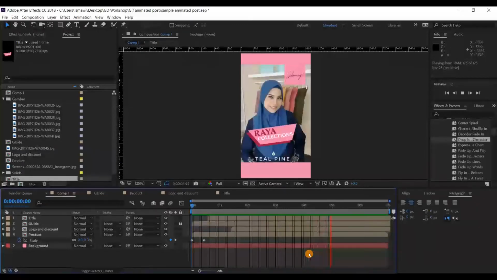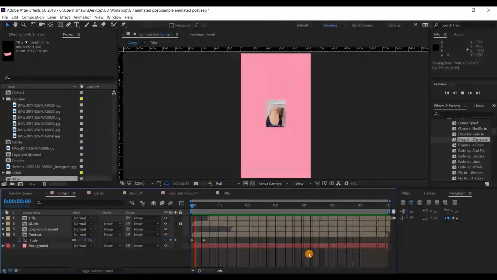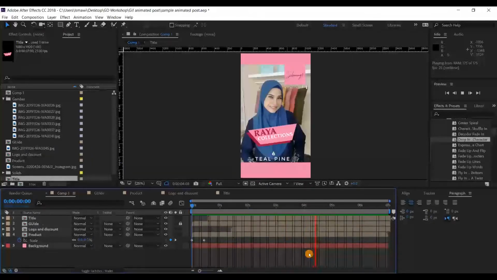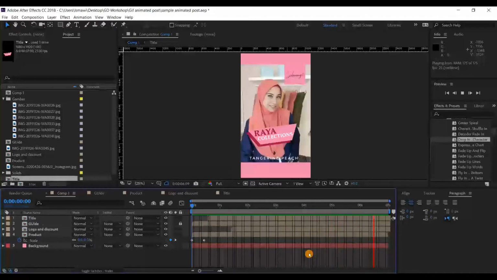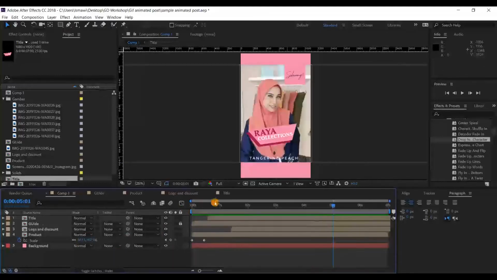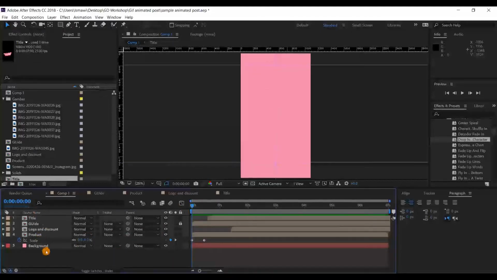So this is how we create an animated IG story post inside After Effects. The tip again that I explain to you: use a pre-comp. When we have our pre-comp, our main composition timeline will look cleaner. All the animation regarding all the elements that we created can be modified in their own compositions, which doesn't disturb our main composition.